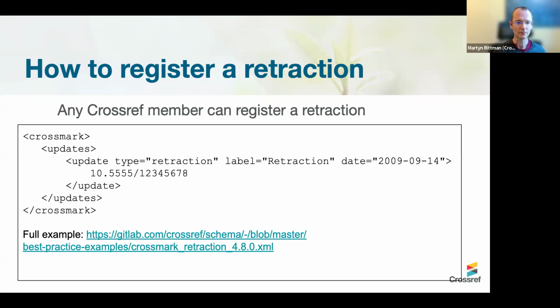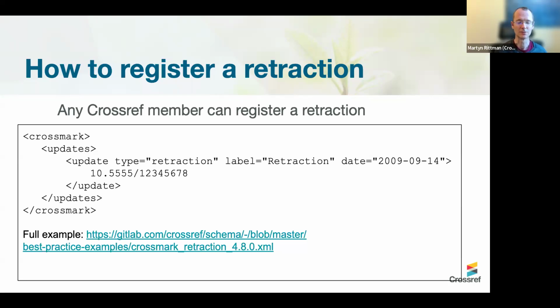We can move on. Yeah, so I just want to talk briefly about if you are a member and you are maybe in that situation of, oh, I'm not sure if we send you retractions and I'm not sure how to send retractions. If you want to register a retraction, you can use the XML snippet that's here. So you publish your retraction notice, and then you can put in the metadata this section here. I want to emphasize that any member can register retractions. It says Crossmark here. That's just the field that we use in XML. We have a service called Crossmark, but you don't have to be signed up and using that